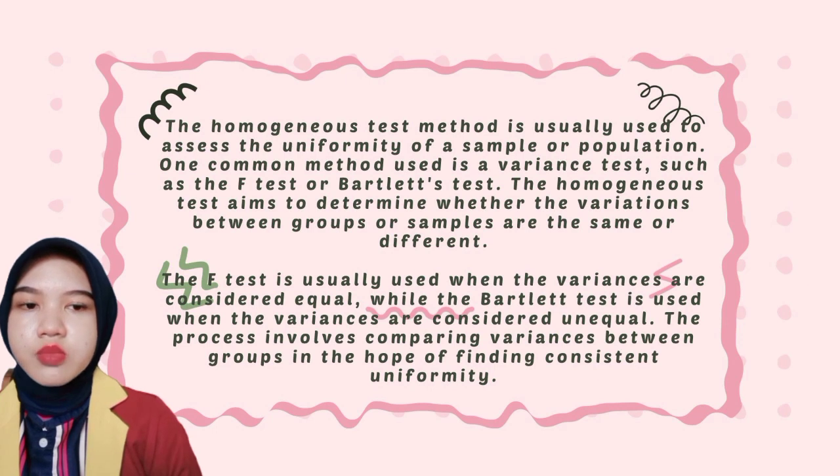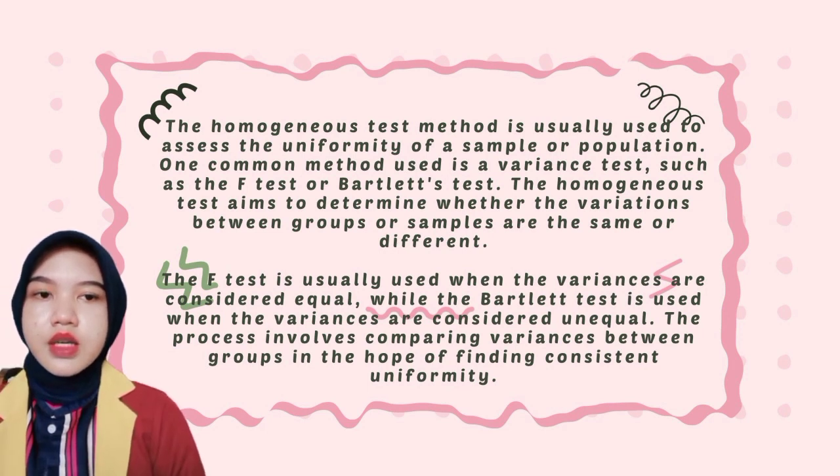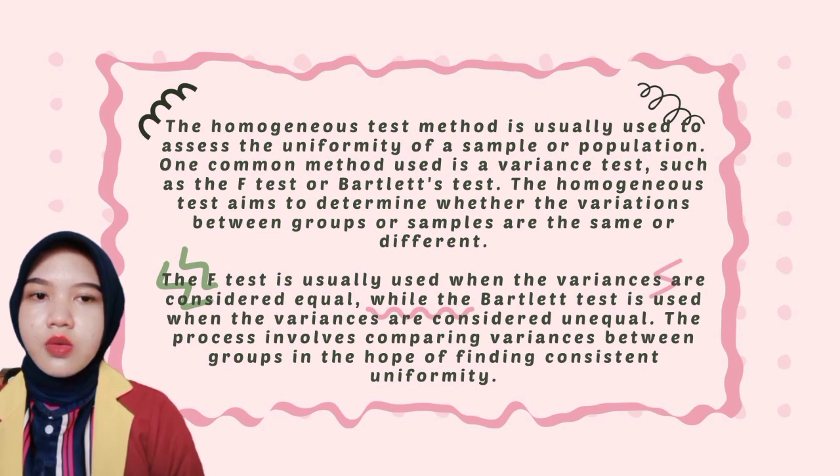The homogeneous test method is usually used to assess the uniformity of a sample of population. One common method used is a variance test such as the F-test or Bartlett test. The homogeneous test aims to determine whether the variation between groups or samples is the same or different. The F-test is usually used when the variances are considered equal, while the Bartlett test is used when the variances